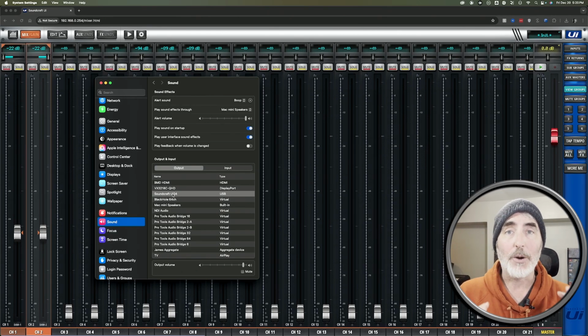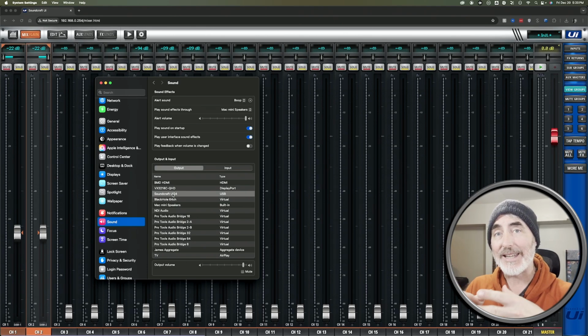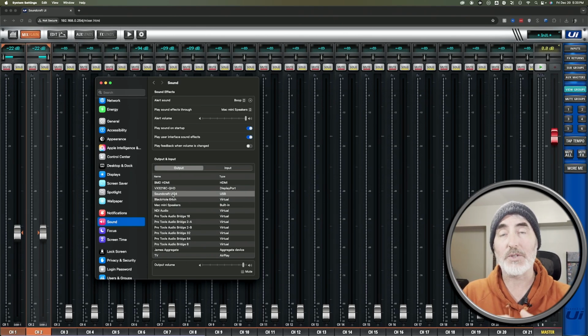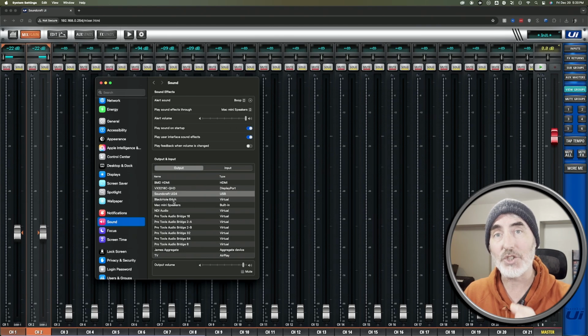UI24. Now, if you are not intending to send your Mac audio out into the mixer to hear through speakers that are attached to the Soundcraft, then you can choose any other audio device in here to listen to all your playback. But if you want to hear it through speakers attached to the mixer, you need to choose Soundcraft